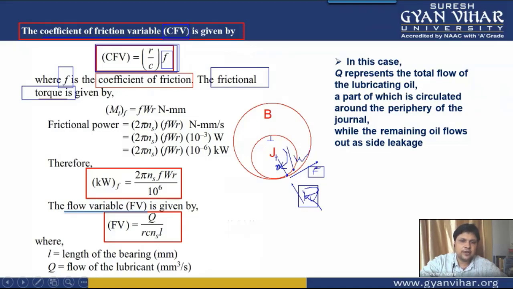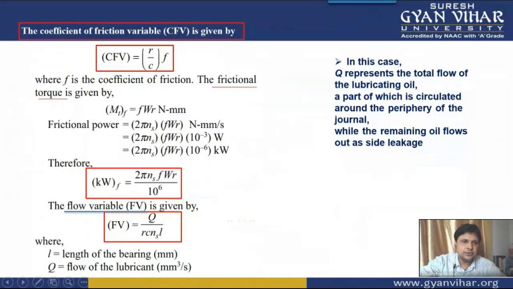So we can say F is equal to mu W. As I was telling you, this formula is very clear to you. Don't get confused here, we are using coefficient of friction as small f. Therefore, it is f W R. Here f W stands for your frictional force, and if you multiply the frictional force with the radius of rotation, you get the frictional torque. This I have already explained to you with the drawing.